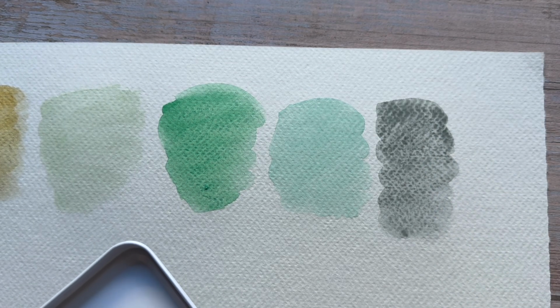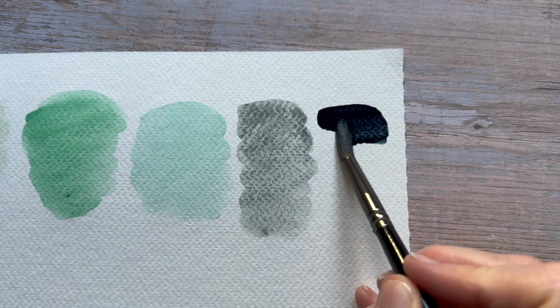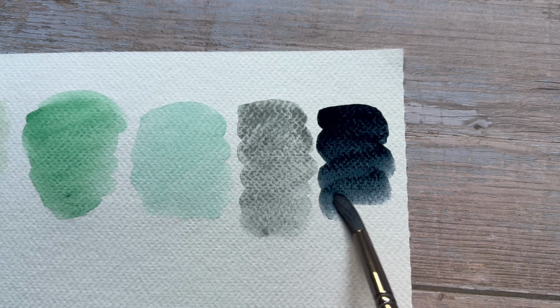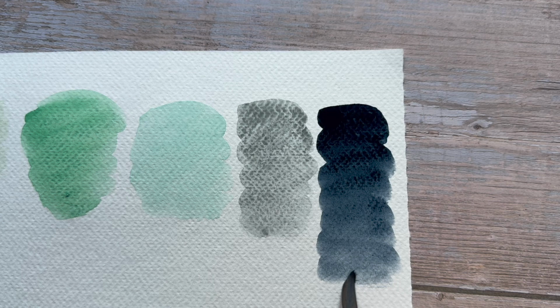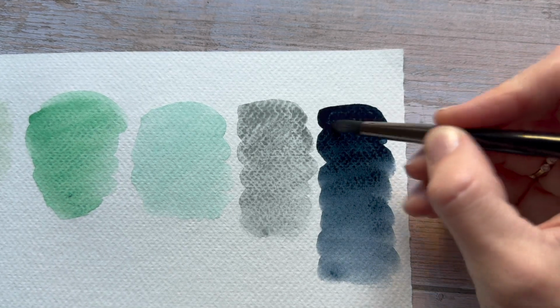And next, the Payne's grey. So this is definitely a grey, but on the blue side. Whoa, look at that. It's amazing. Oh my goodness, the coverage and the depth of that compared to the Victoria green is quite something. That is stunning. I just want to pick up a piece of that and just...